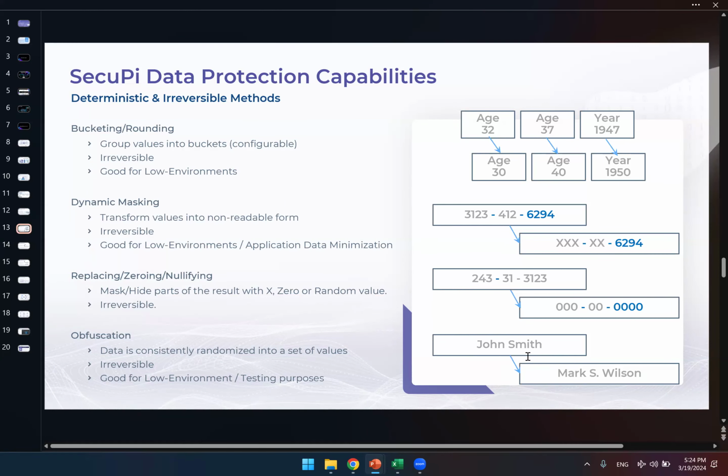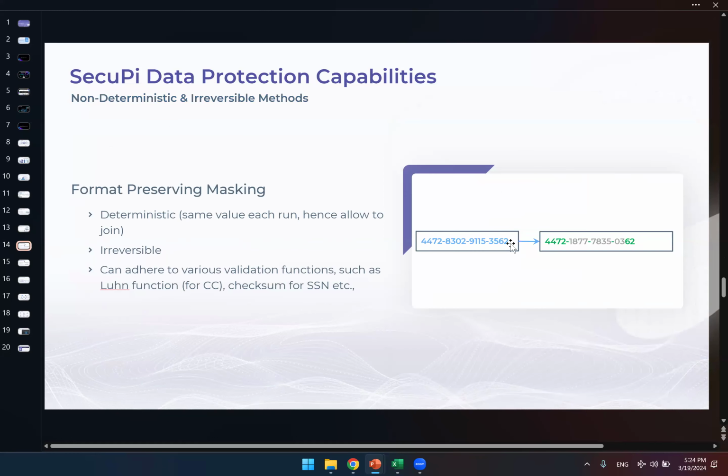This is very helpful for training models, where you want the result to also be perceived as actual names or emails. So the obfuscation function is also very helpful. Of course, we also provide masking and format-preserving masking. The difference between masking and encryption is that masking is irreversible, like obfuscation or dynamic masking. Encryption and tokenization are reversible, which means that we can decide for every data set which columns we want to